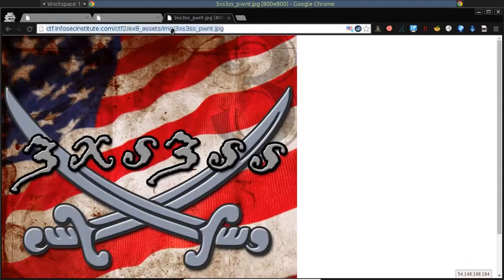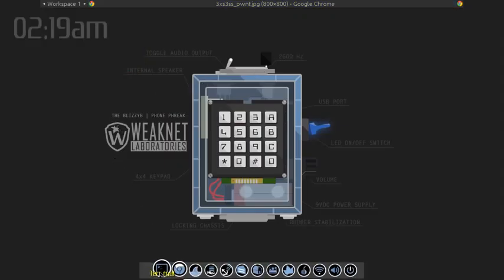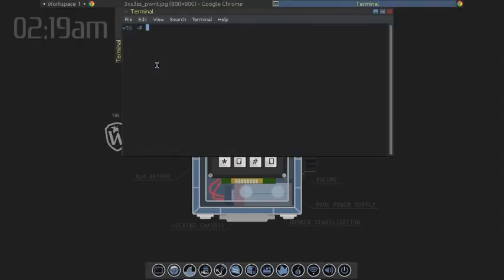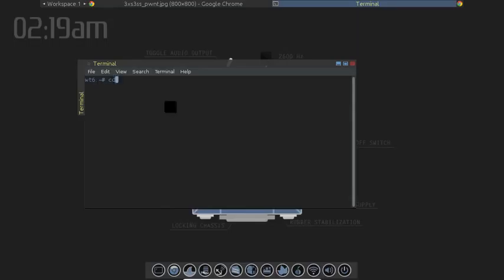So how do we get JavaScript to alert through here? Well, instead of uploading an image, let's just try and upload an HTML file. So I'm going to use Vim. And again, I'm going to go into the home weaknet directory. Okay, there's nothing in there. Vim. Let's do